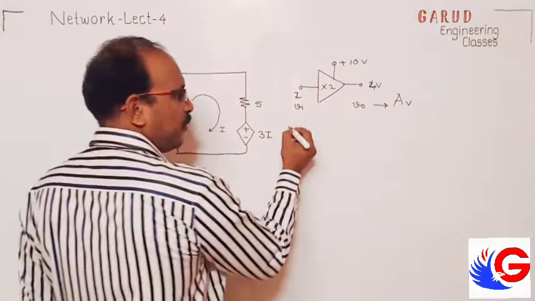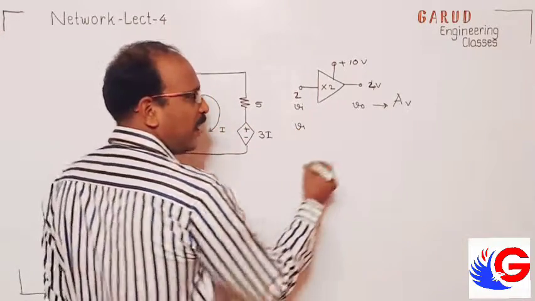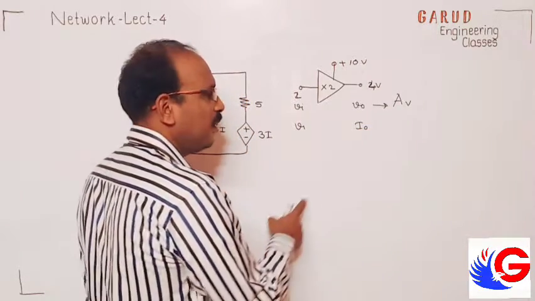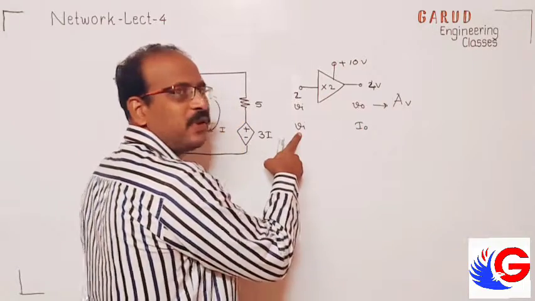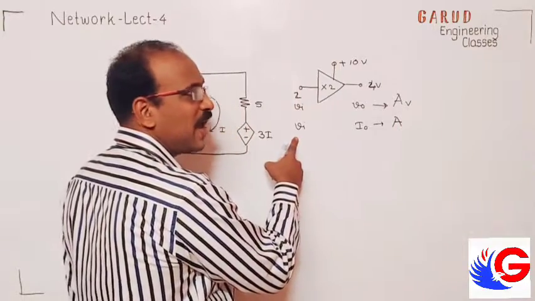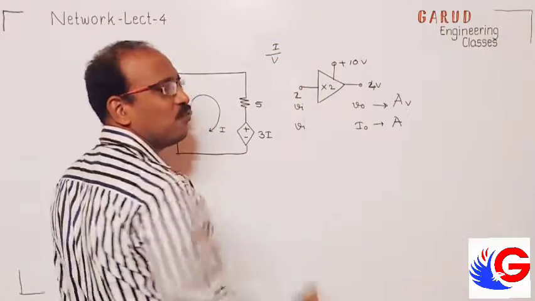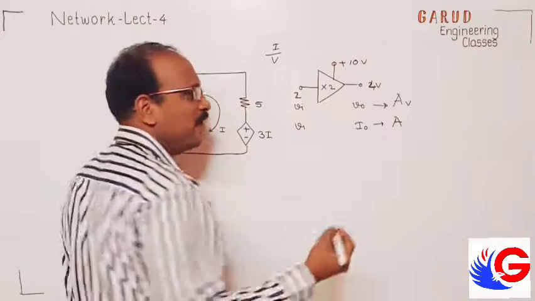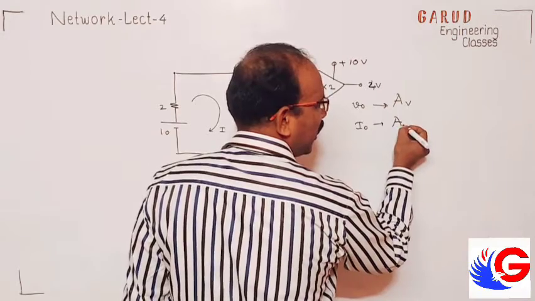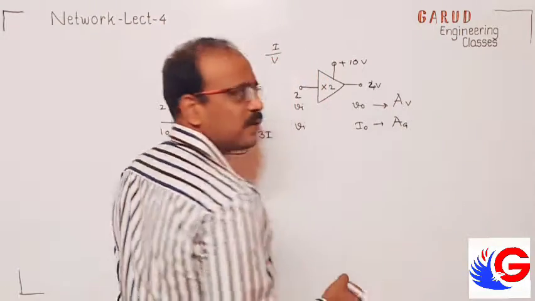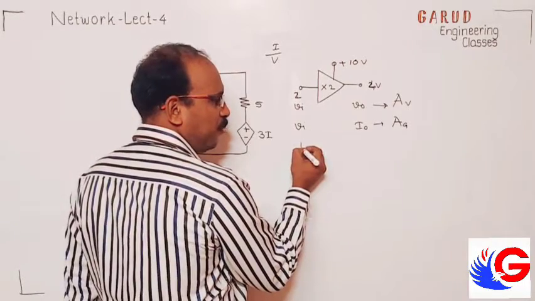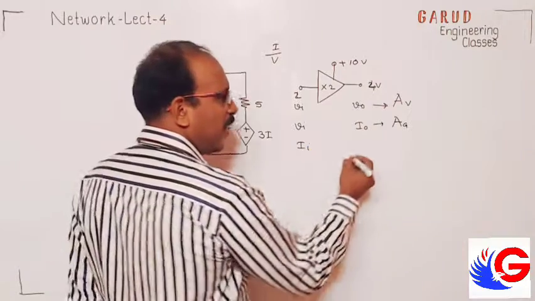Okay. Now suppose the input is voltage and it is supplying current as output. That type of amplifier is also there. Output upon input is the gain of the amplifier. So the gain of the amplifier is output upon input, that is I by V. V by I is resistance, I by V is conductance. This is called a transconductance amplifier. I can write conductance as G or with a different letter also, AV, AG. Okay. Next, suppose the input is current I and the output is voltage.